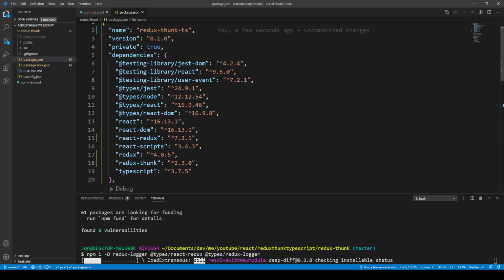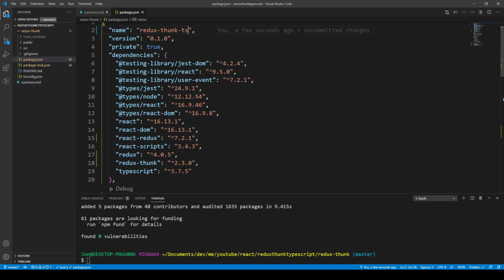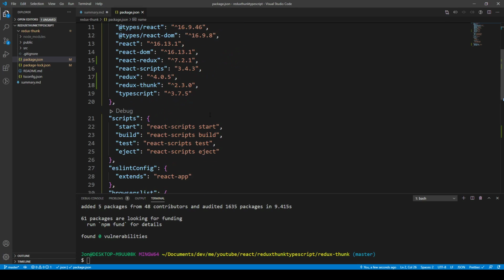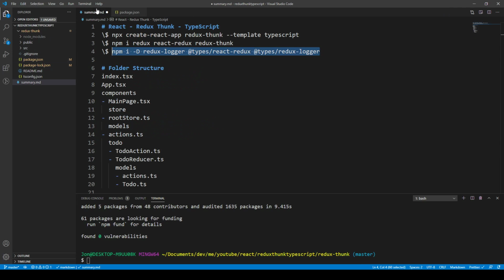So I can just install those, and if I open up the package.json file, we can see as our core dependencies we have Redux, Redux Thunk, TypeScript, React Redux, and then all of the other stuff relating to create-react-app and the TypeScript template. And if we go to our dev dependencies, we have those types for the Redux logger and React Redux. So now that we have our folder structure in mind and we have our dependencies and our application set up,